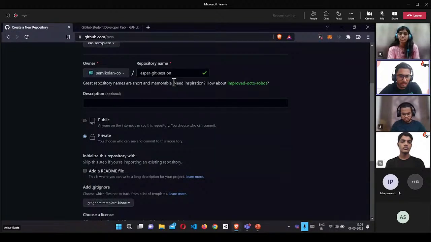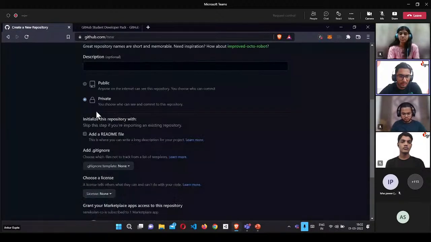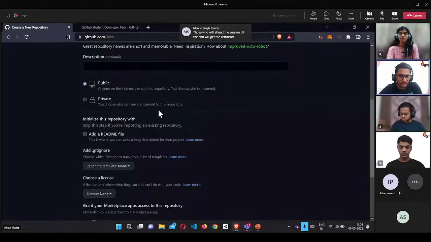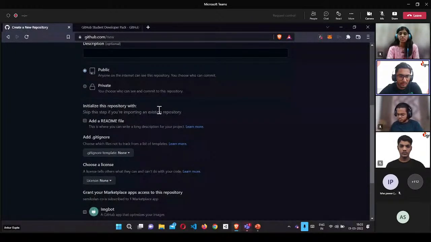Then you can also make your repository private or public. So a private repository is something that only you can see, and you can also share the repository with permissions to another person. So right now, since I want to share it with all people, I'll make it public. Essentially, all the open source projects are public, but you can also make private repositories.